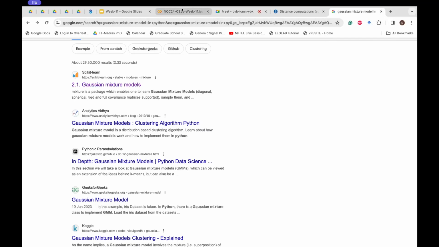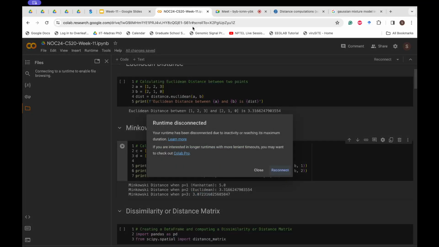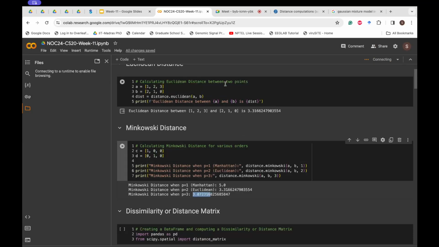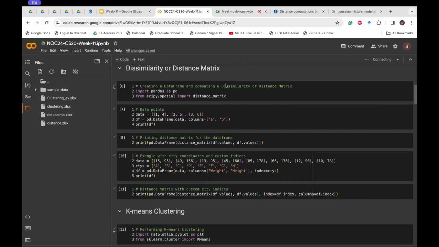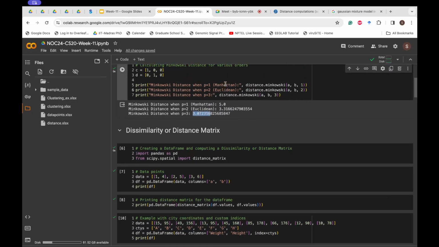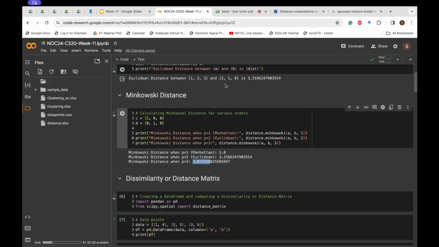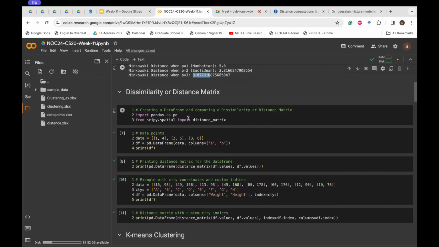Let us now see the k-means clustering algorithm in Python. And here are some dissimilarity or distance metric computations that I have added over here, so you can play around with them. So in Python,